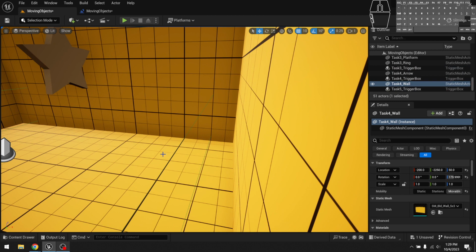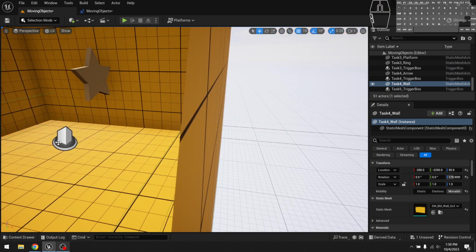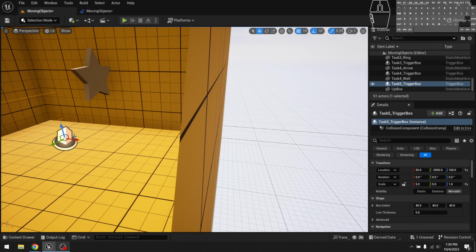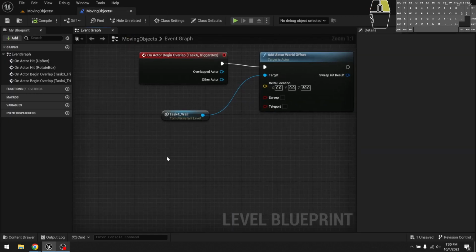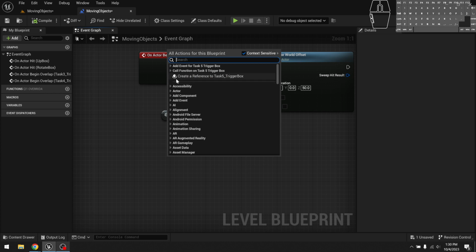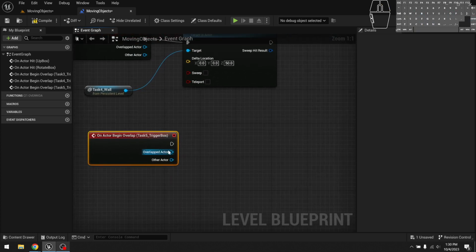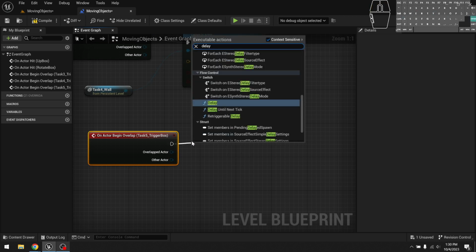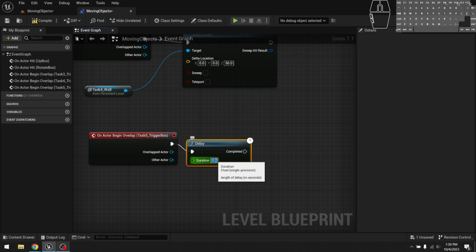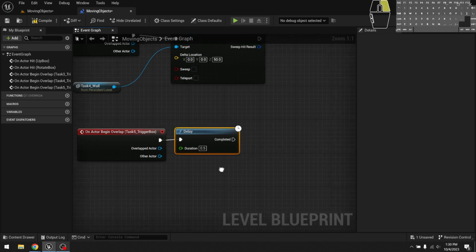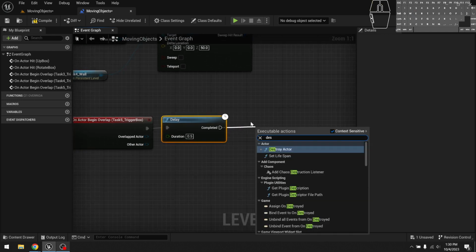The character overlaps the final trigger box. We are going to delay half a second, destroy the character, delay a second, and then reload the level. This is going to be the reoccurring final task of all of these practices. Begin overlap. I am going to delay a half a second. That just lets the player enjoy that they got to the end of the level for a little bit. Then I am going to destroy